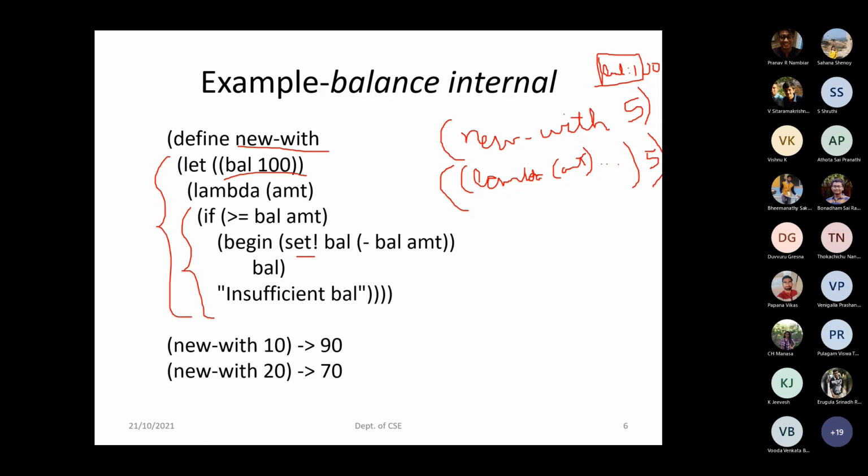You can define, but then what happens is it keeps creating new values, new locations. You keep creating new variables, a new balance each time you call new withdraw.